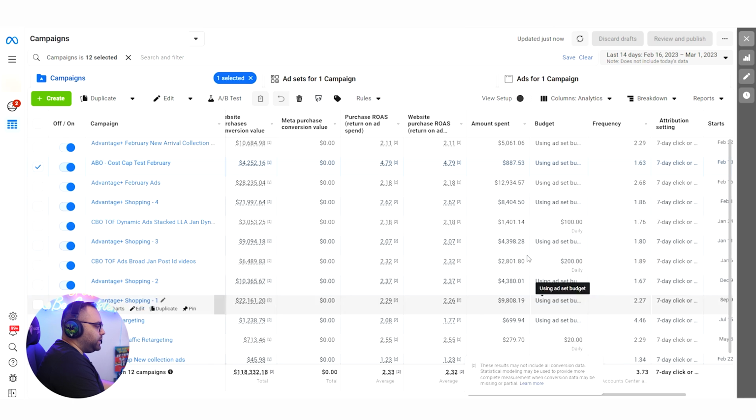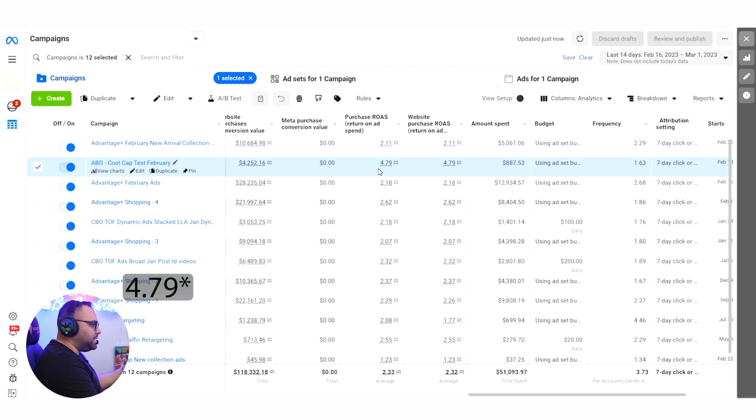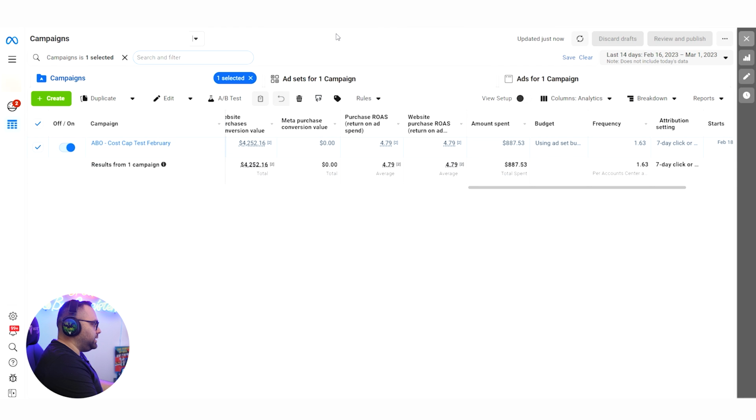So over here, what we observe immediately is that on the last 14 days, we have a 4.79. By the way, this ad account, last 40 days, 51K. It's another account that's spending almost 100K per month. 2.33, break-even ROAS of 1.8. I have shown this ad account another time also. The thing that we notice immediately is that all of our campaigns are above 2 ROAS, because this is what I'm trying to do in order to scale as much as I can by staying on 2 ROAS. And here we have the cost caps, which have 7.79. So it stands out immediately. We're not going to talk about anything else, just the cost caps for this one.